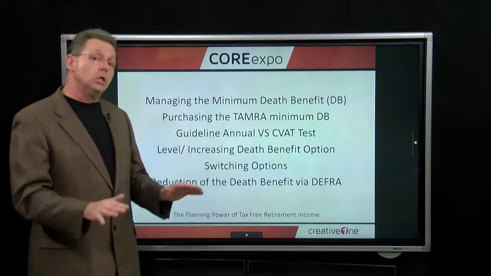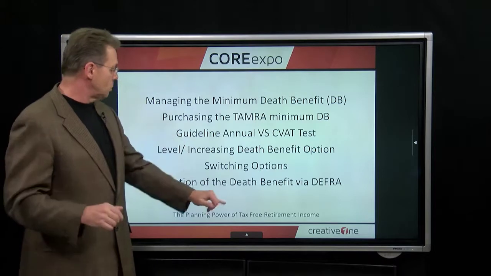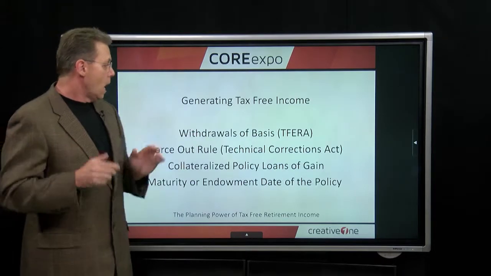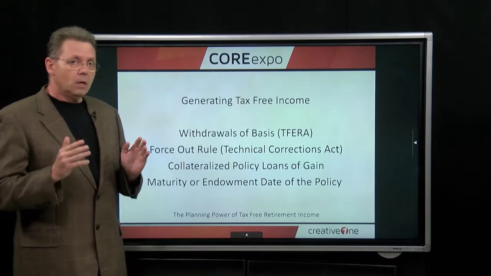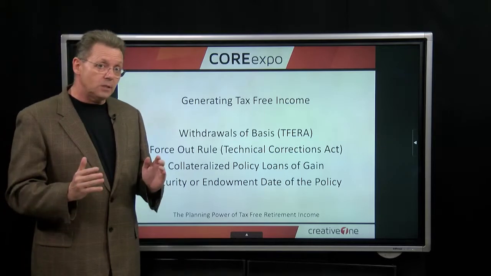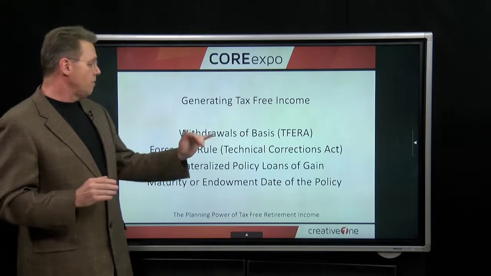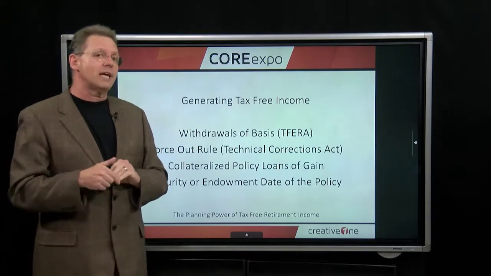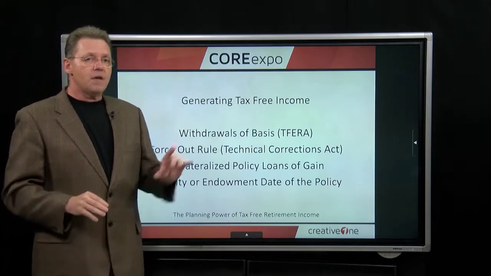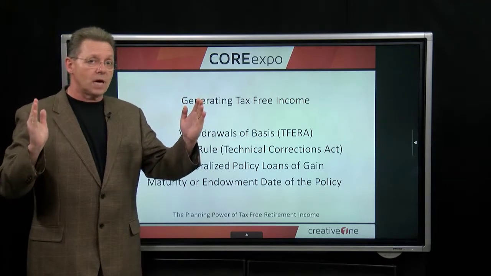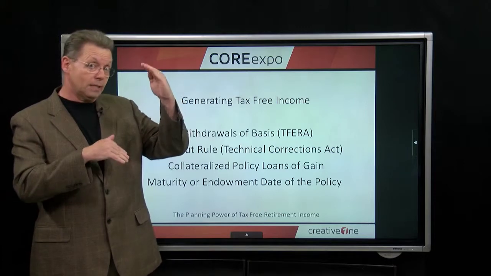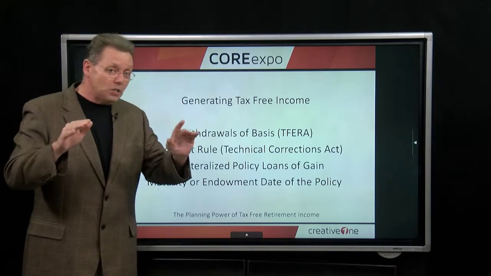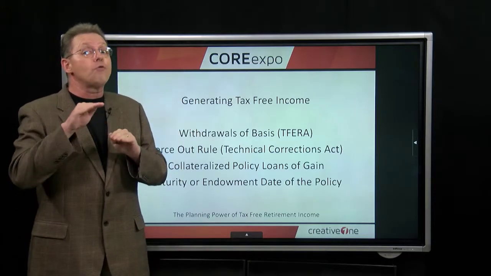I'm just talking about building and designing the best illustration possible. Our goal is to generate tax-free withdrawals of basis, and be careful, again, the force-out rule. The Technical Corrections Act in 1980 came back out and said, if you have gain during the first 15 years of a contract, and remember, because we're suppressing the death benefit so low, it's possible that you could actually have a force-out when you